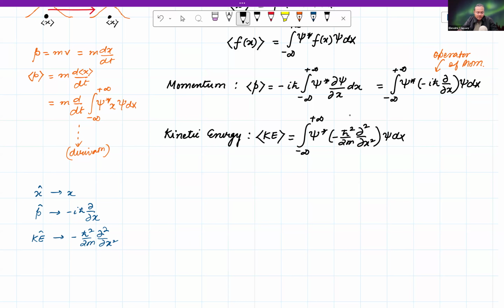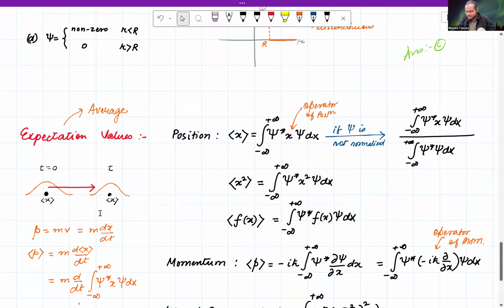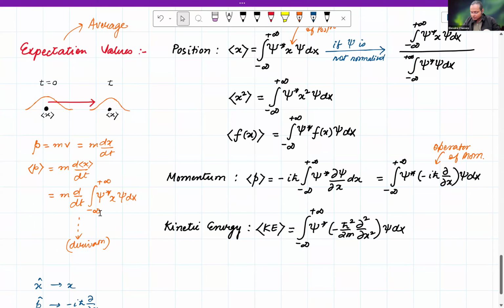Similarly, you can do the same for total energy. You can take any kind of physical quantity, convert it into its operator expression, sandwich it between psi star and psi and integrate, and you will get the expectation or the average value of that particular quantity. Now I will tell you one additional thing: once you are comfortable dealing with averages